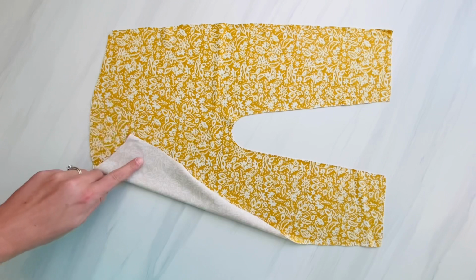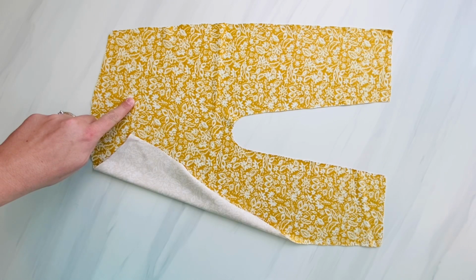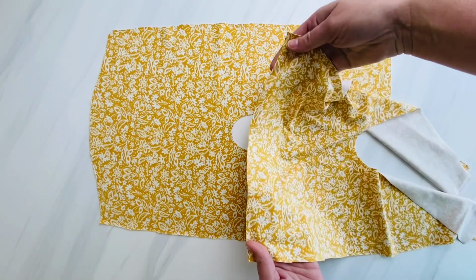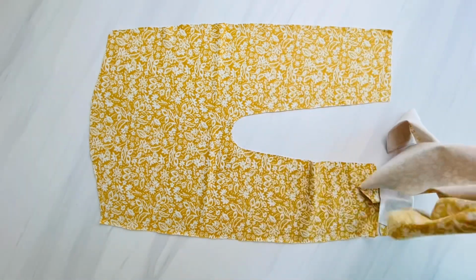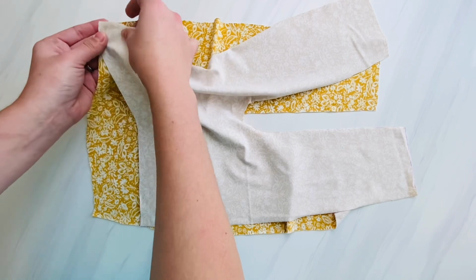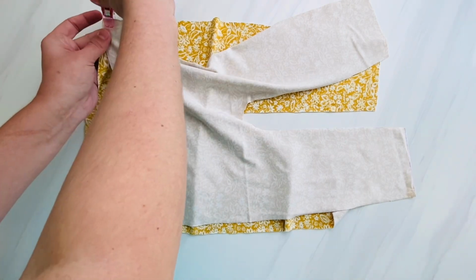This is the wrong side of my fabric, and this is the right side. The pretty side should be facing up. This is the back of my pants, and I'm going to get the front of my pants and put the pretty side facing down. And I like to start by aligning the top left and top right corners together,